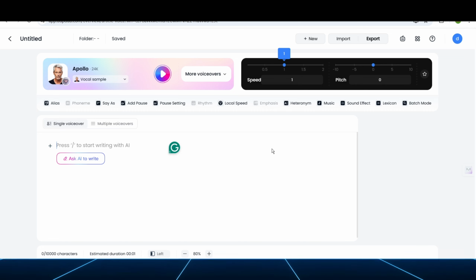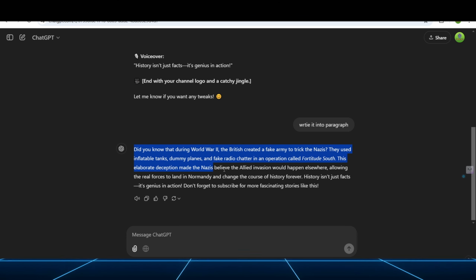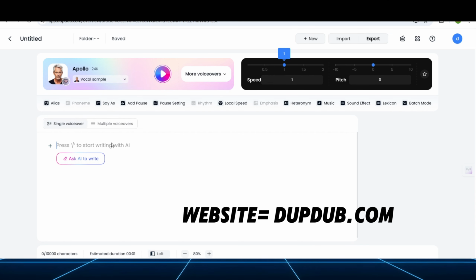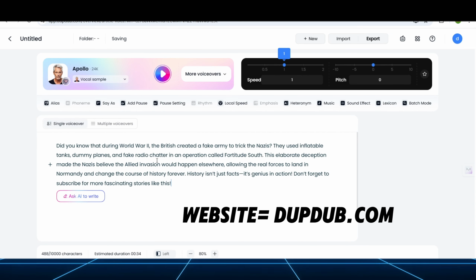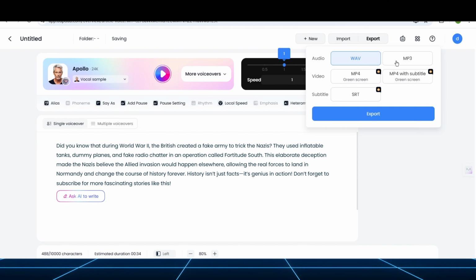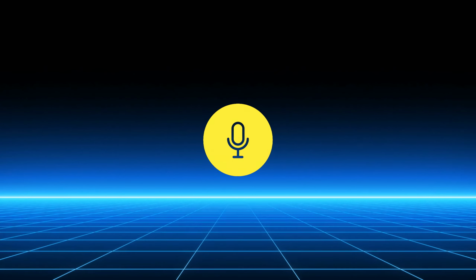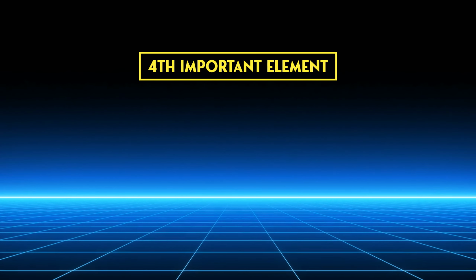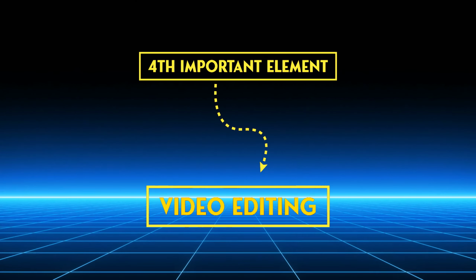So now what we need to do is copy the script we generated from ChatGPT, come to this website, and paste it there. Then click on Generate. After that, it will take some time for processing, and as soon as the processing is finished, you will need to click on Export to save the audio. So now our voiceover is ready, and now comes the fourth and most important element, which is video editing,